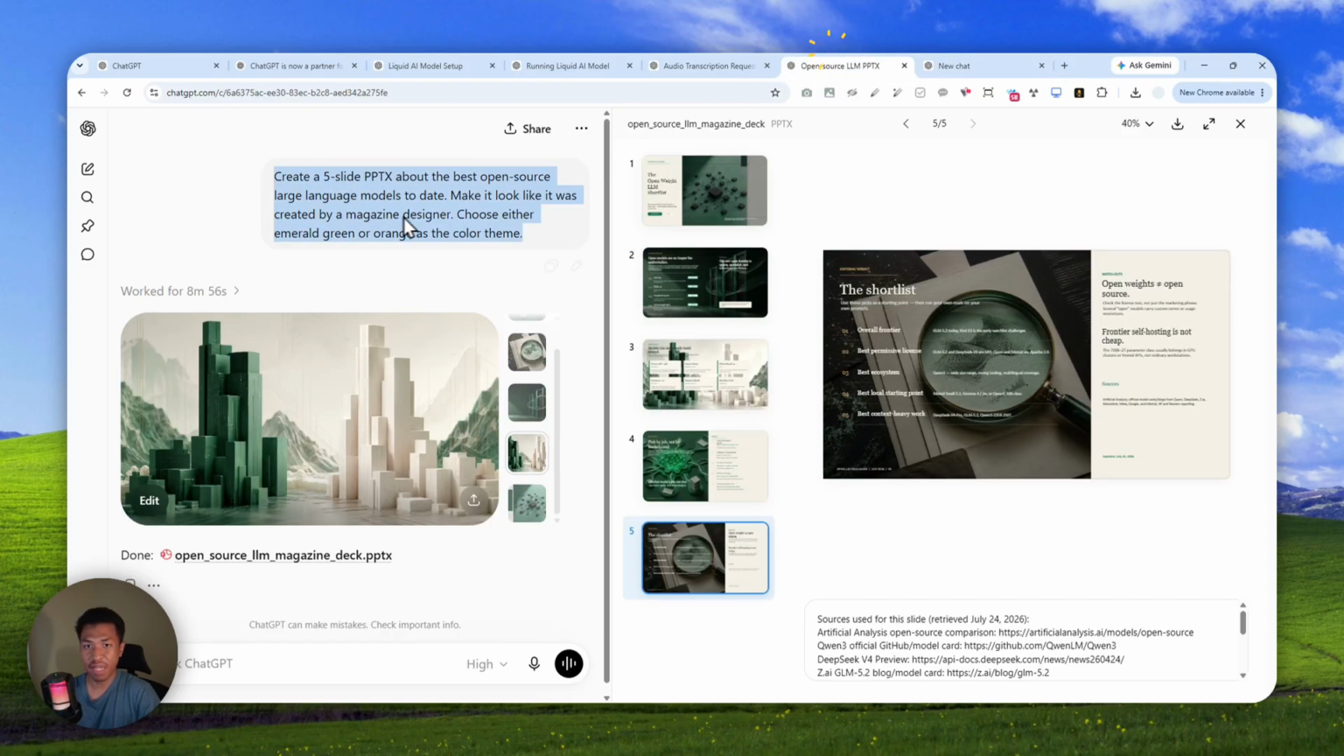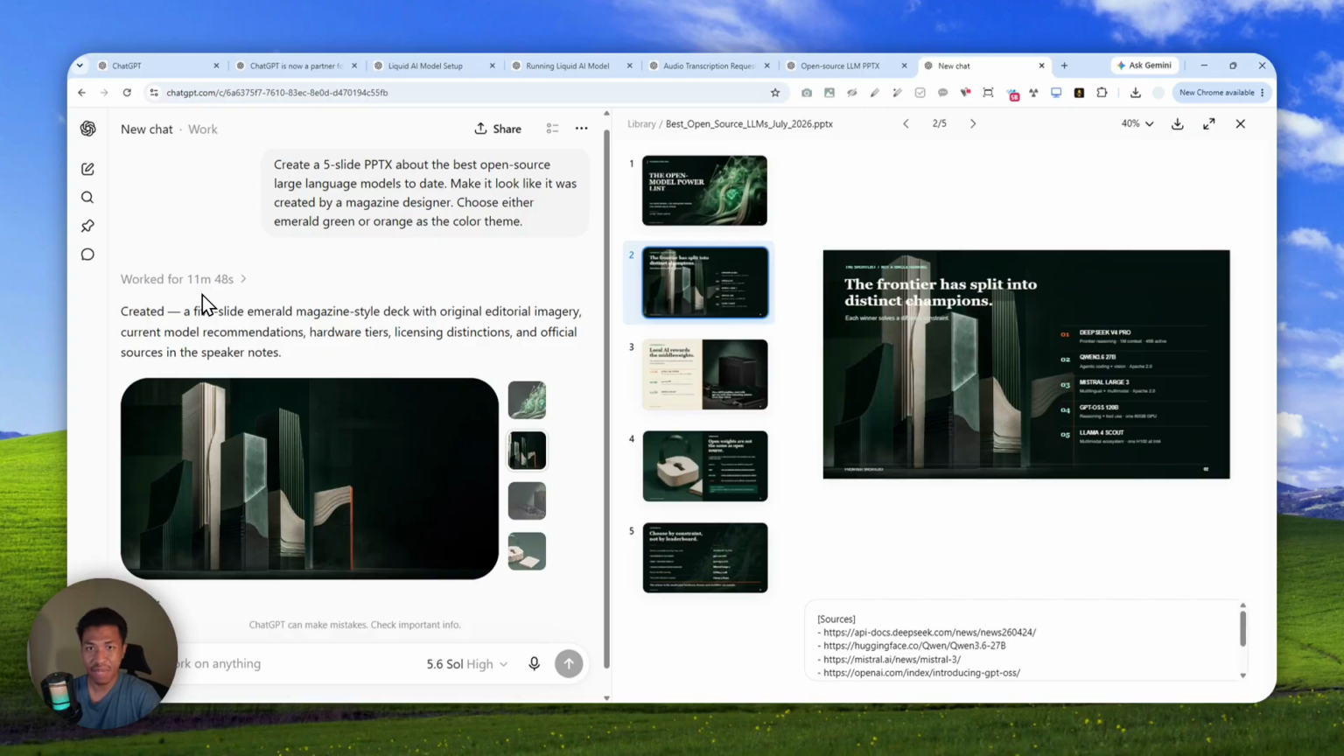In fact, the regular chat mode is a bit faster at 8 minutes and 56 seconds against the 11 minutes and 48 seconds from the work mode. But more or less, the result is a bit similar. So then, what's the point of using the work mode if many things can also be done in the regular chat mode? Well, that's definitely a legitimate question, and that's also something that makes people confused about this change on ChatGPT,